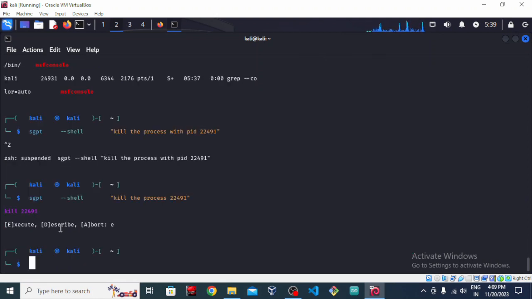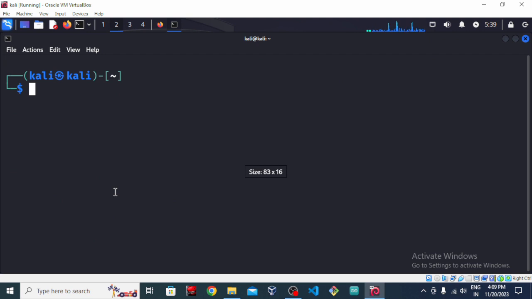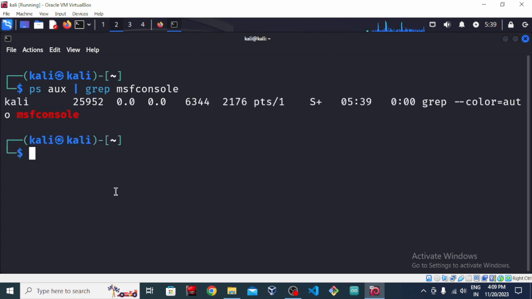Let's expand it a bit and clear out some things from here. Let's see if the MSF console is still running or not. As you can see over here, there was one more process for Metasploit running right here. I'll say kill the process with